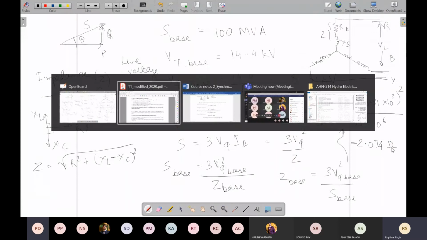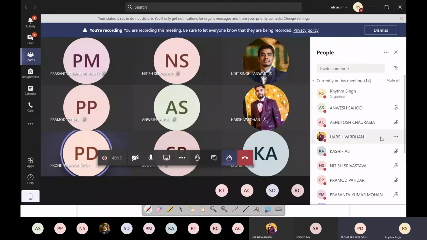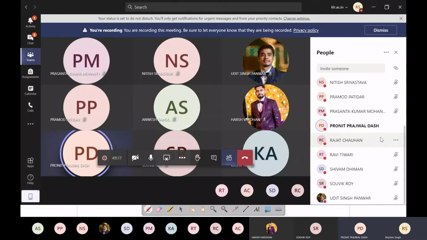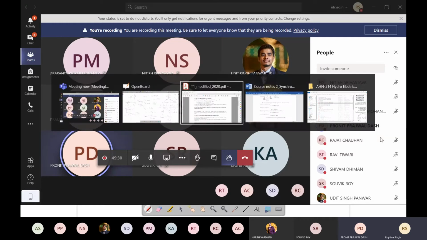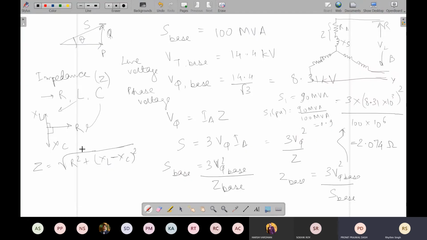Sir. Who is that? Ronnie. Sir, if a circuit has a resistor, inductor, and a capacitor, then the combined resistance is impedance. The combined effect of all these three is the impedance. Okay, sir.